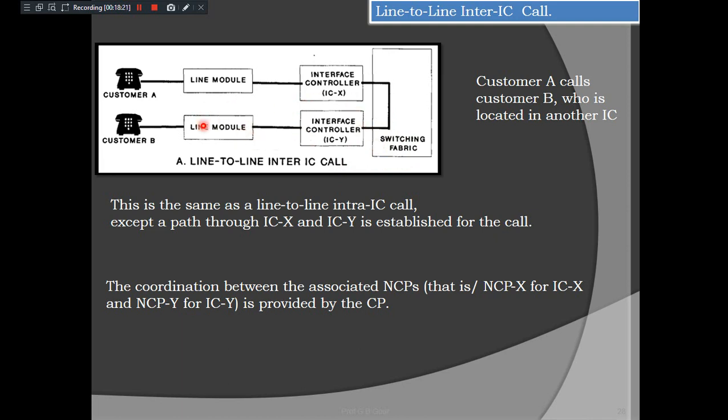For that, we have to check the line path to customer B, and customer B, both should be free. For that, again, the operator, a supervisory program, will send a small amount of AC current to customer B. Customer B will get the ringing signal and A will also get the ringing signal. If customer B is found to be free, then the cut through path will be established through different interface controllers, that is inter-IC call.